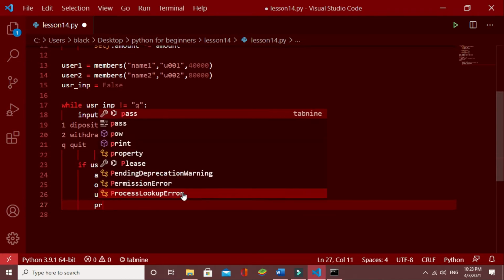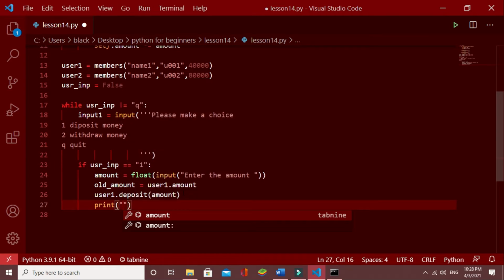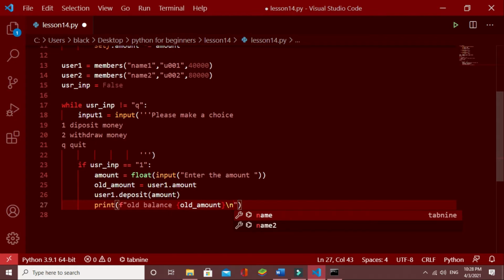And now we are printing out some message like this. And let's give this old amount here. Then we are going to break a new line, then deposits.